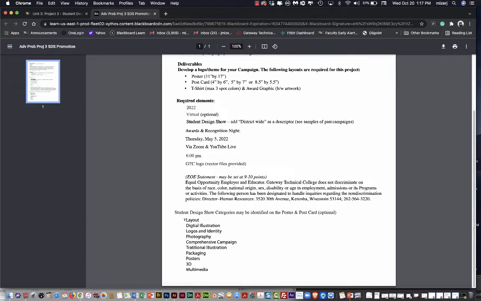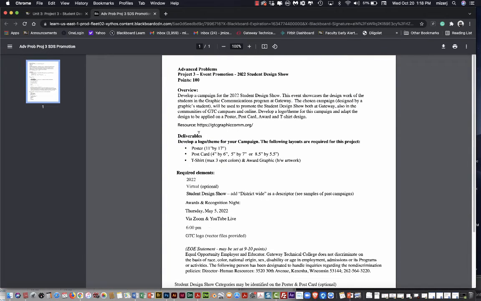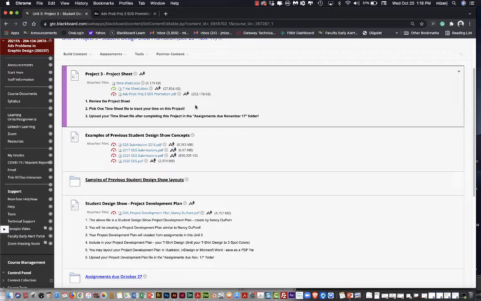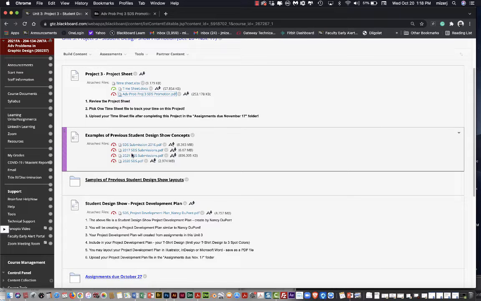If you so desire, you could list the type of work that will be on display with the show. You don't have to include this list, but it might be something that you would want to include because it does somewhat explain what the show is about. There have been some people that have used icons instead of the words for the different categories within the show. All right. Here's examples of